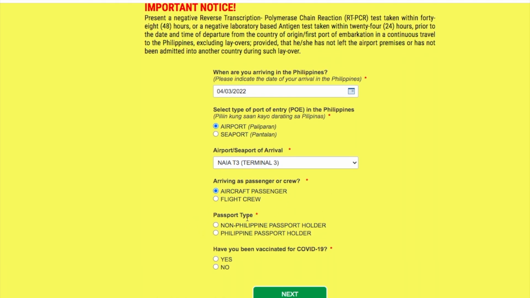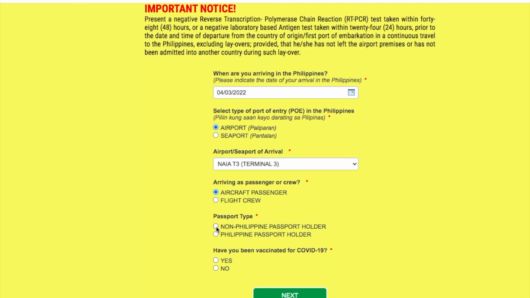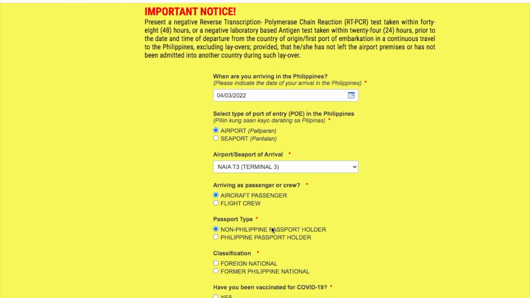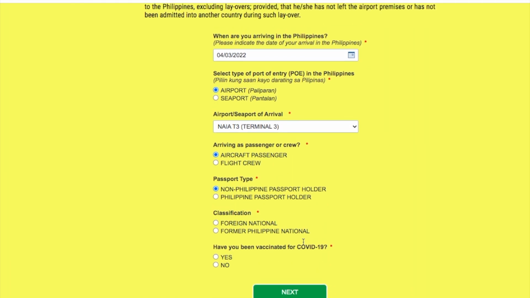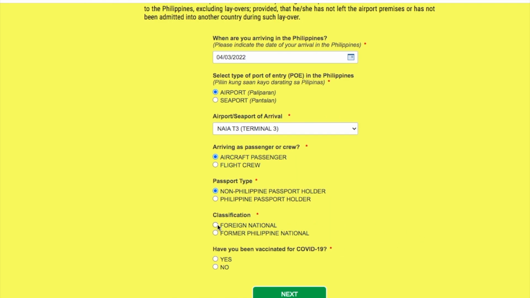And then your passport type, I'm using a Dutch passport, so I click non-Philippine passport holder. I have dual passport. I have a Philippine passport and I have a Dutch passport, but I prefer to use the Dutch passport. And then foreign national. And then click